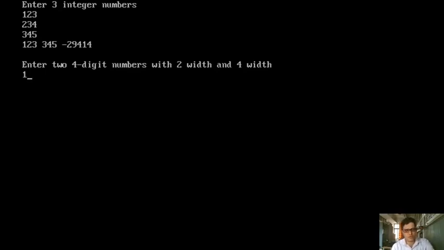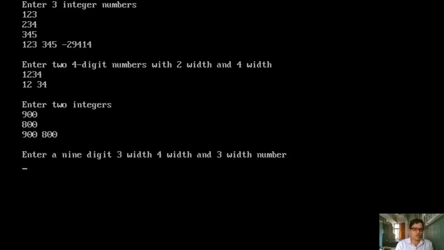In the first I am entering 1 2 3 4. Please observe here. In the second, it is not accepting, because while reading, the first number consists of 4 width, so automatically it is taking it, right? Clear? Yes. Now enter two integers. I'm entering 1 2 3. It will get confused. 900 and 800. Let me check what output we are getting. So 900 and 800, that is what it is getting, right? Here 9 digits, 3 width, 4 width and 3 width number we have